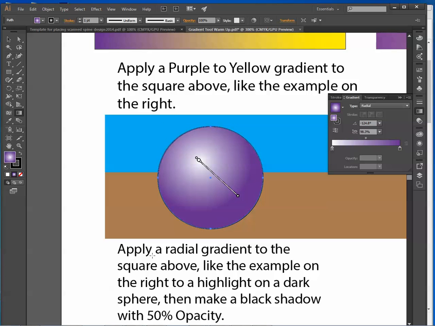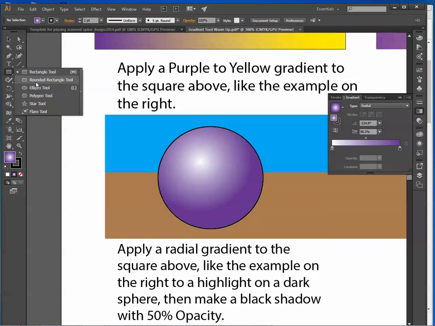And what does it say? Apply a radial gradient to the square above, like the example on the right, to highlight a dark sphere. Then make the black shadow with 50% opacity. So then what we're going to do from here is we're just going to take another circle or an ellipse, make a slight